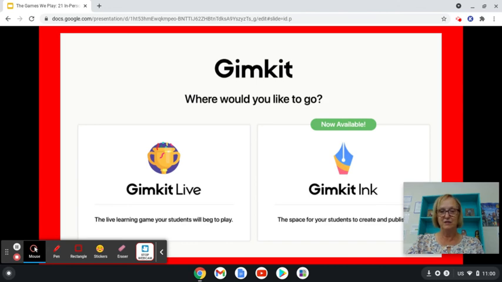Gimkit Inc., however, is where students will write articles. It's very cool, very relaxed writing. It's not a formal situation. So this is a good way to get your students writing short articles and publishing them.